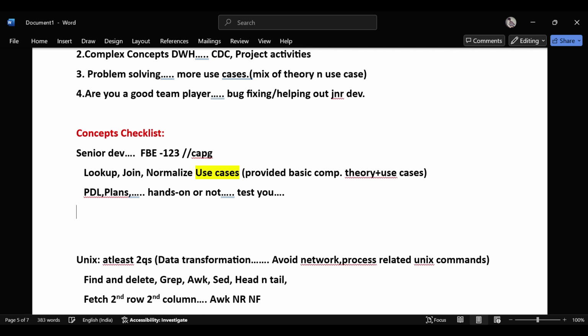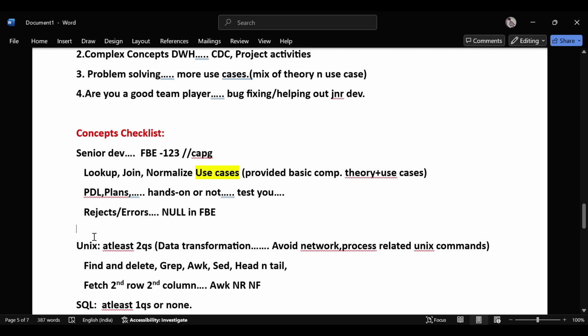Some failures or rejections, whatever. There may be questions focused on rejects and errors. For example, what happens if you put null in a FP self query? What happens with the records, will they be rejected or will they fail? Those kinds of questions will come.